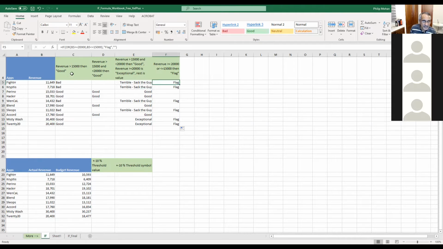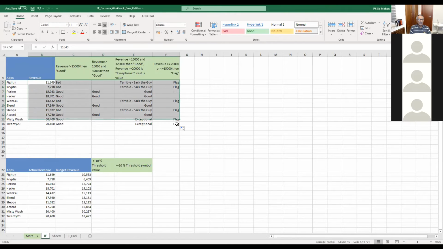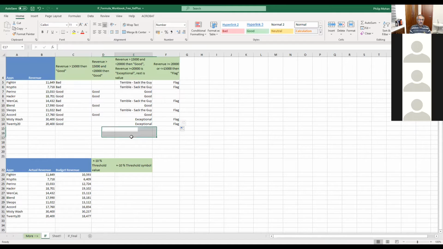So basically we've covered the basic if function, the if function with an and, the if function with a nested if function, that means another if function in it. I think you can go up to 8 or 10 different nested if functions, maybe more, I'm not sure. I've never had to go more than 7 or 8. And this is the or included with the if function. Is that clear?